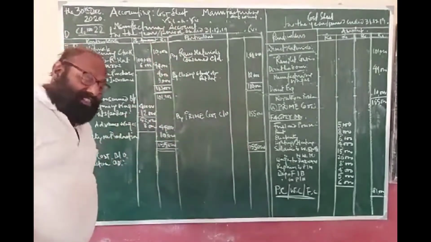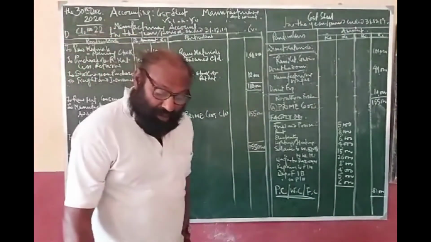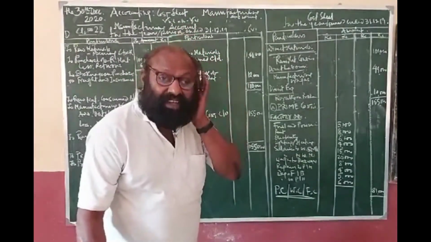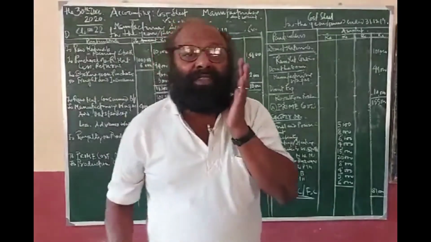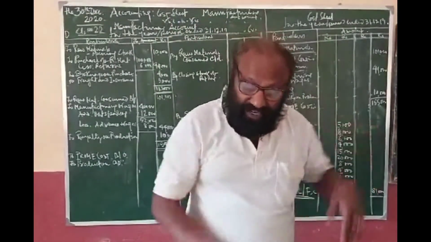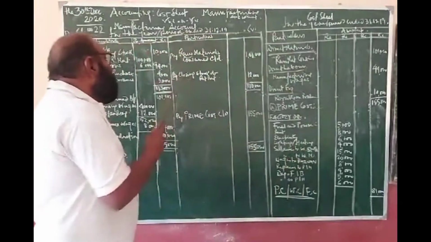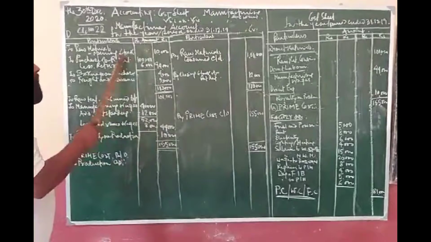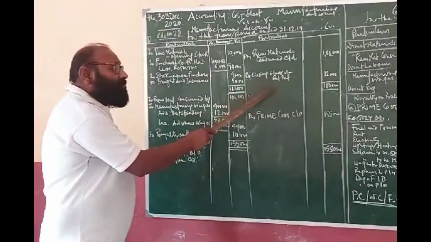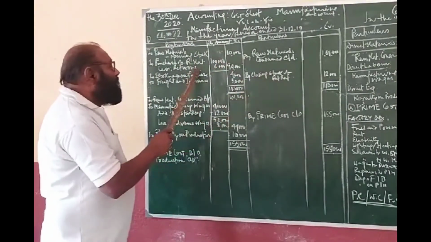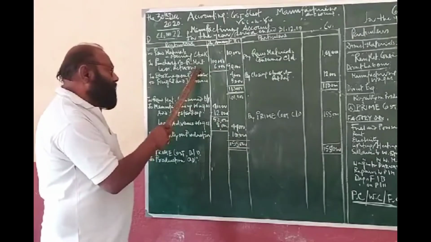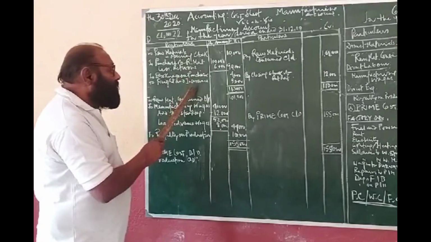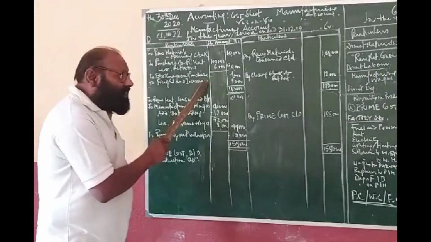This manufacturing account is the same type of account which you have already learned as trading account and profit and loss account. What did we do in the trading account? In trading account we dealt with the finished goods, purchase of finished goods. There, on the debit side we usually write the opening stock of the goods. On the credit side, closing stock of the goods. On the debit side, purchase of goods or purchase less return, and all purchase related expenses. So we write all these things on the debit side.